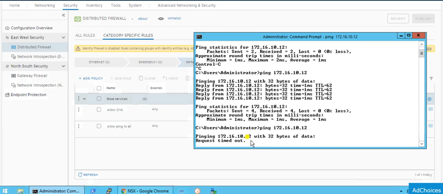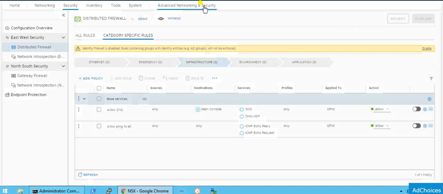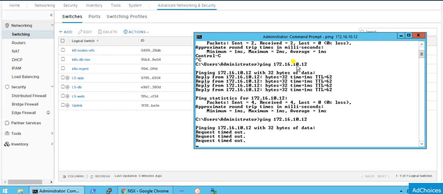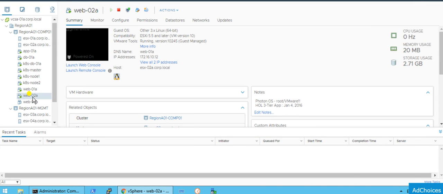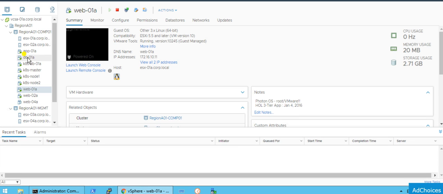So now I will create DFW rules here in the advanced networking and security, and will allow the traffic for this 10.12 and the other servers: web server 1 has 10.11, DB server has 30.11, app server has 20.11.